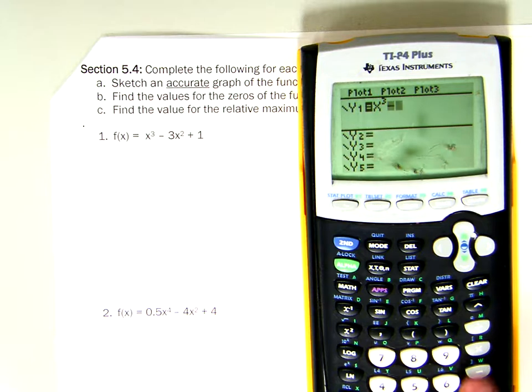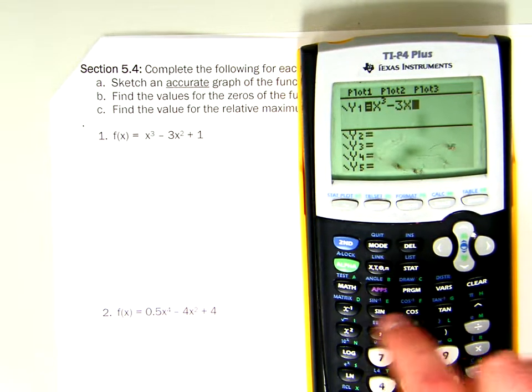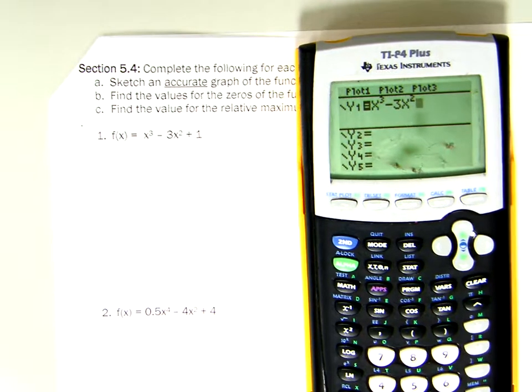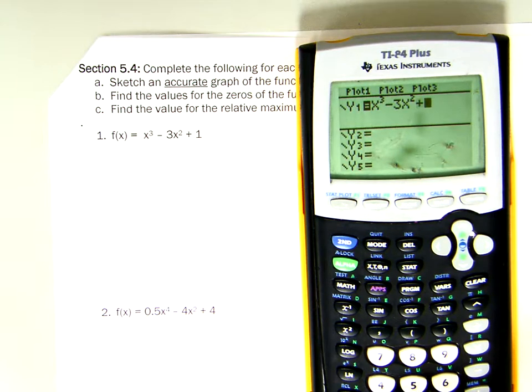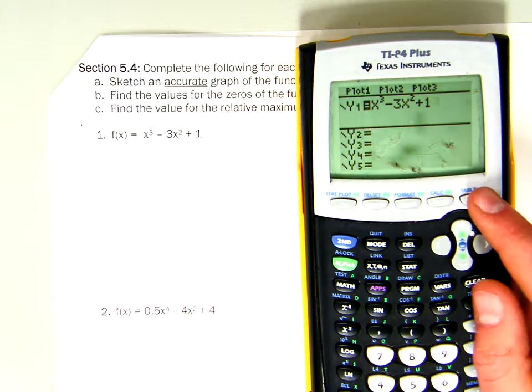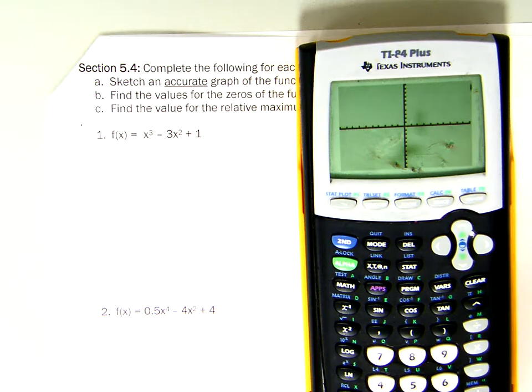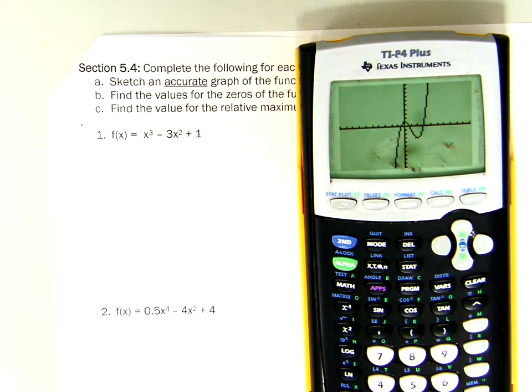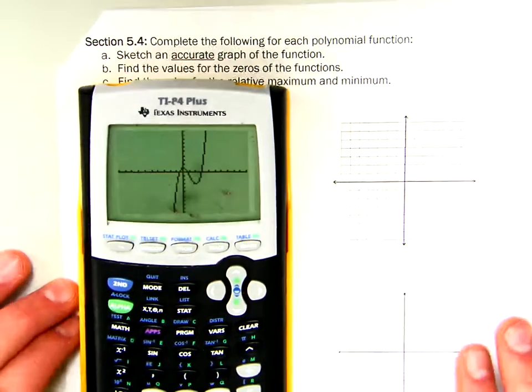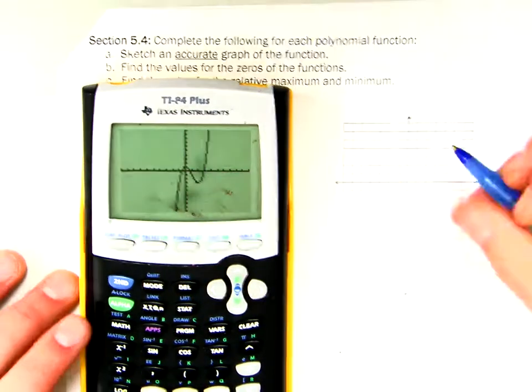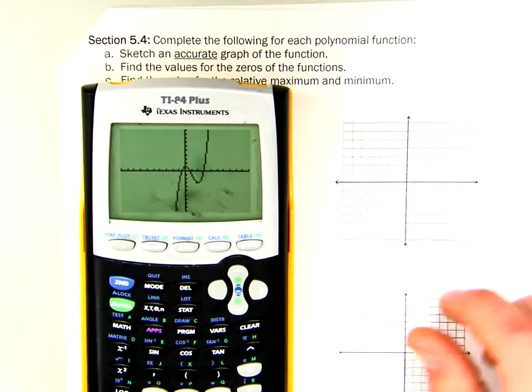Now we have the minus 3x squared, same kind of idea, plus 1. Once you have that plugged in, hit graph, and you should get this. Again, if your window doesn't look like this, you're going to have to hit zoom and then 6. We have our nice graph here, so I'm going to put this over here like this. And what I want is to make this the most accurate graph possible,